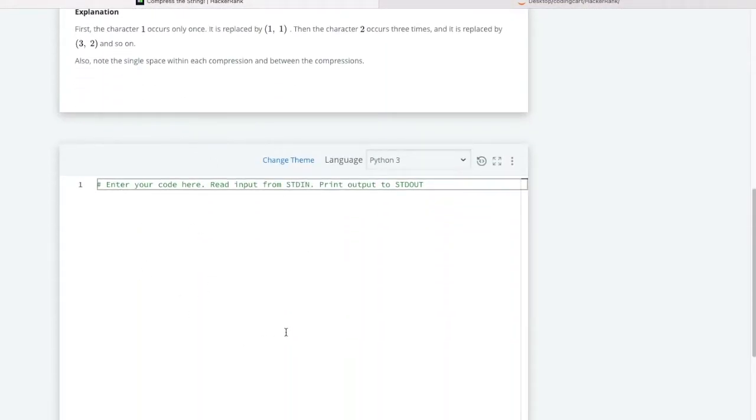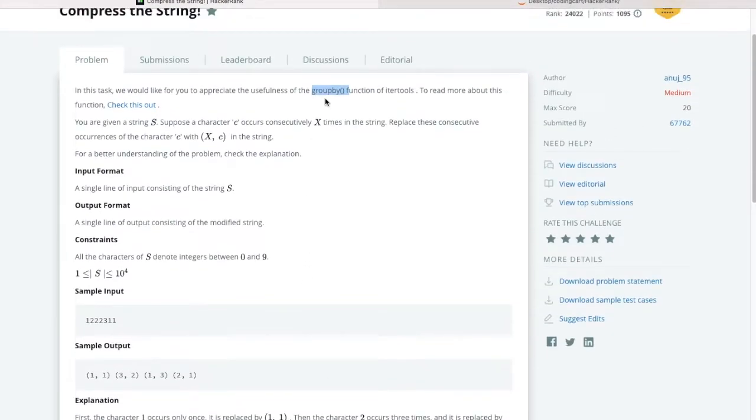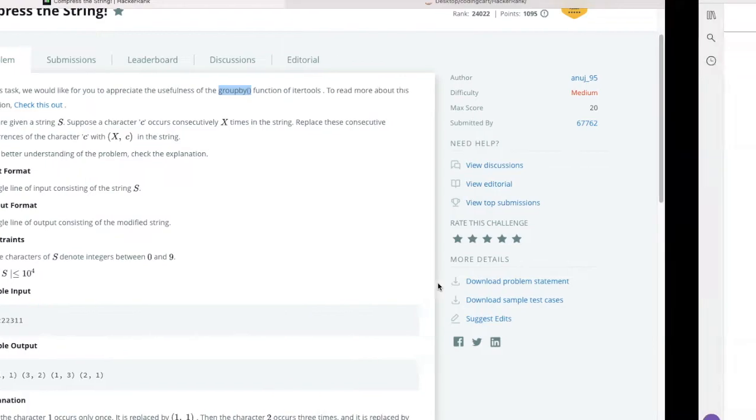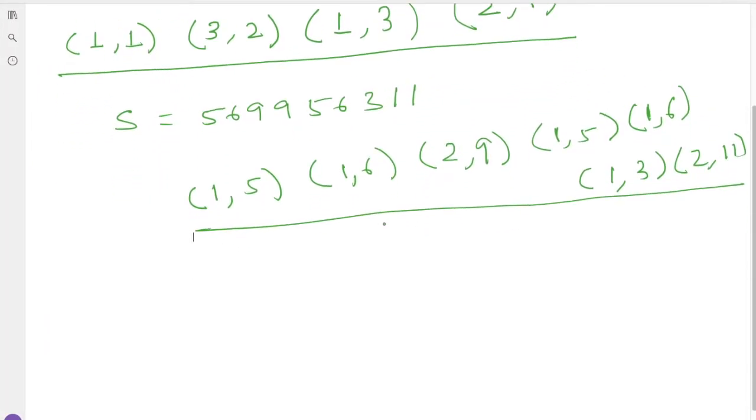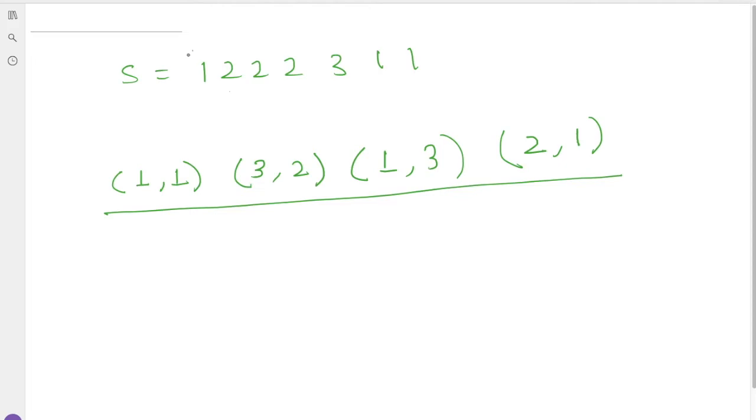We have to write the code from scratch. Before using this groupby function, let us use our simple logic by simply using a for loop. Let me explain here. Let us take the very first one as our example. Suppose this is my given string. We will take one count variable and initialize it with 1, because for each and every character, a single character is always there.